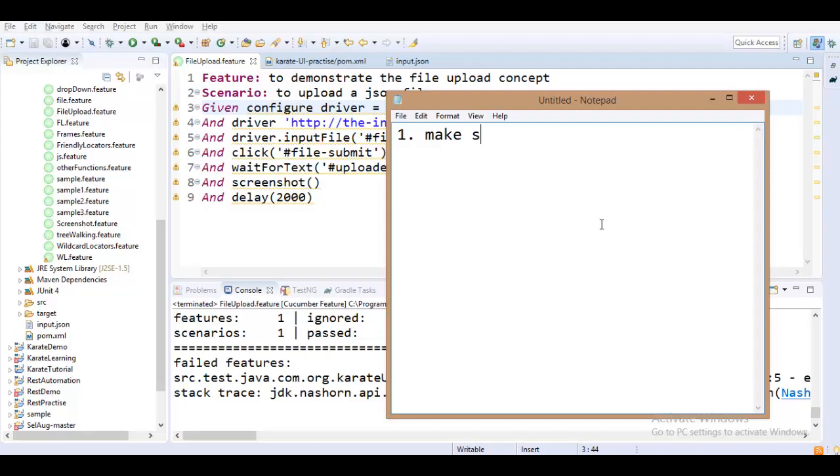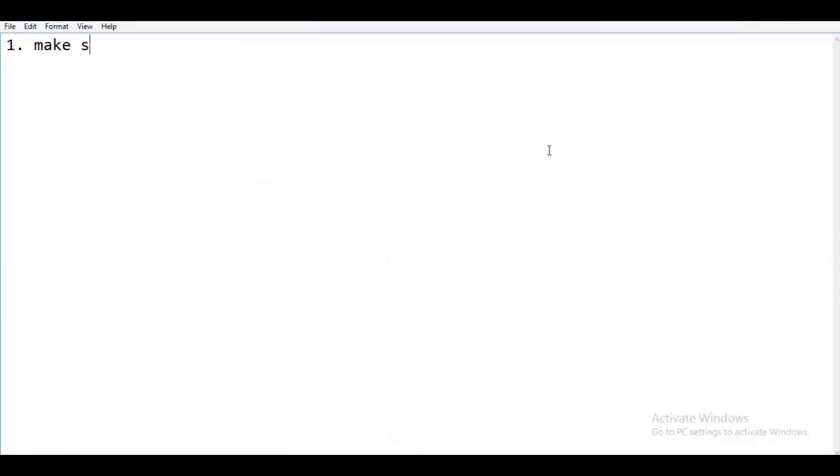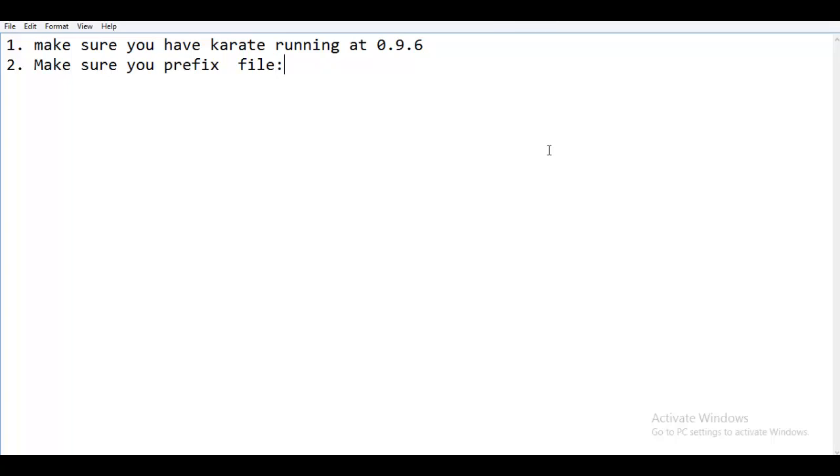Make sure you have Karate running at version 0.9.6, and the second thing is make sure you prefix file while specifying the absolute path.